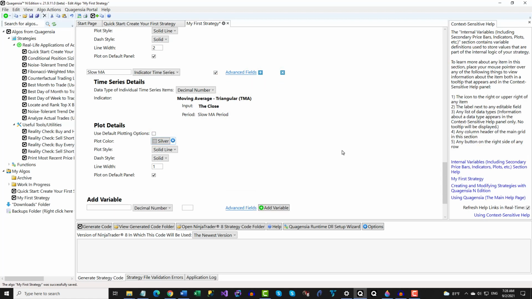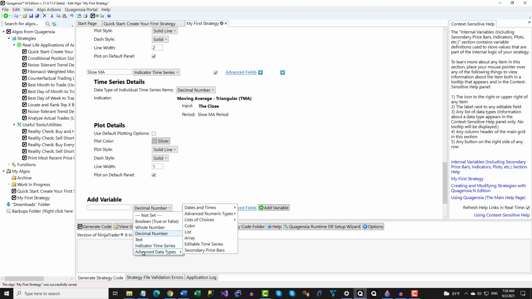Before we move on, notice the large number of additional data types that we can use as internal variables. In addition to the ones that most codeless strategy builders support, Quagentia N Edition lets you create and use internal variables of extremely powerful and highly advanced data types, including lists that can hold anywhere from 0 values to millions of values, arrays, which are like lists but can be single-dimensional or multidimensional, editable time series that allow you to create your own time series that you can plot and use in your trading logic, similar to how you would use an indicator,